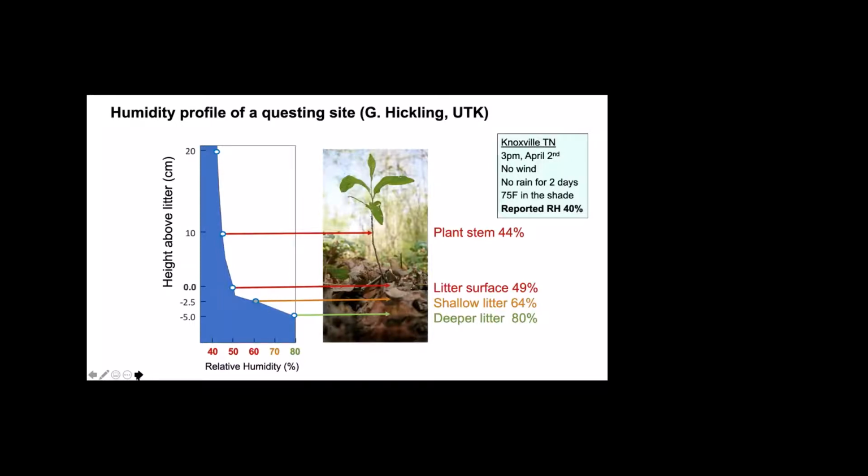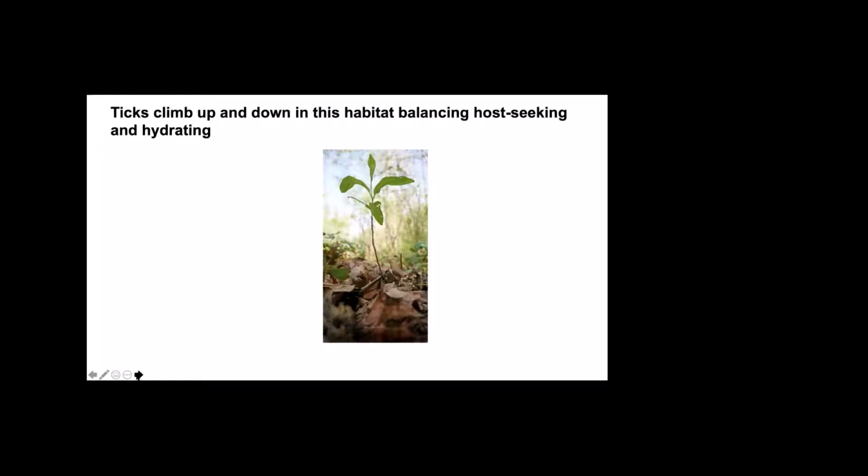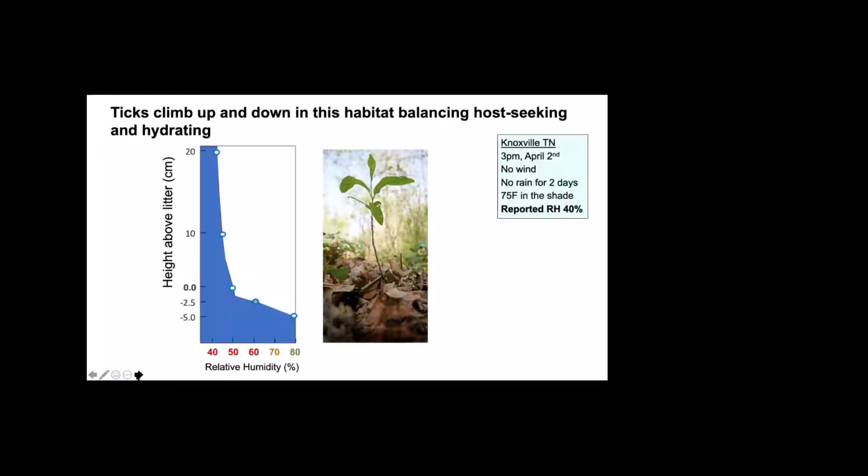And down there, 80%, that's still not optimal for these ticks, but you can see how it's getting much higher. All right, and so ticks climb up and down the substrate of the leaf litter as a strategy to find a host. But as you can tell, when they are higher up, the relative humidity is lower, and so they could be losing water, their water balance is off, and so they balance that by having to go back down